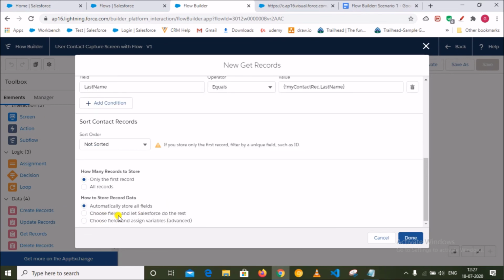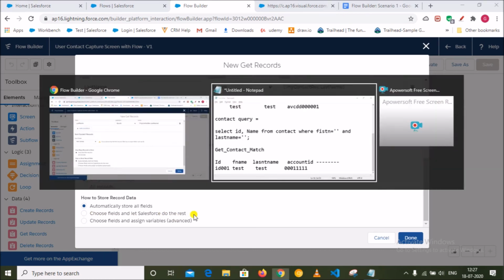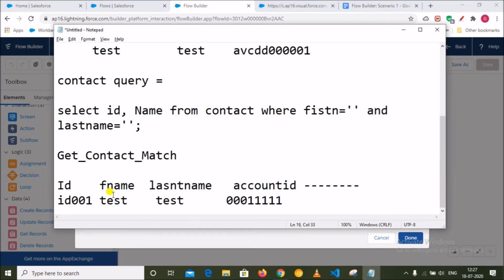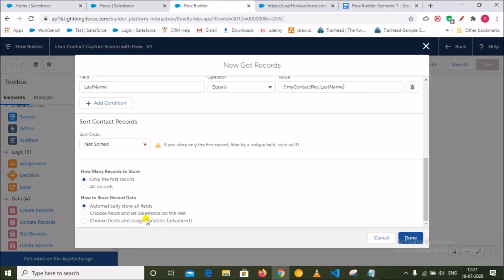Second option: choose fields and let Salesforce do the rest. You have the option to choose the fields. You can select only first name, only last name, only account ID, or you can say ID and first name. And the third option is choose fields and assign variables.